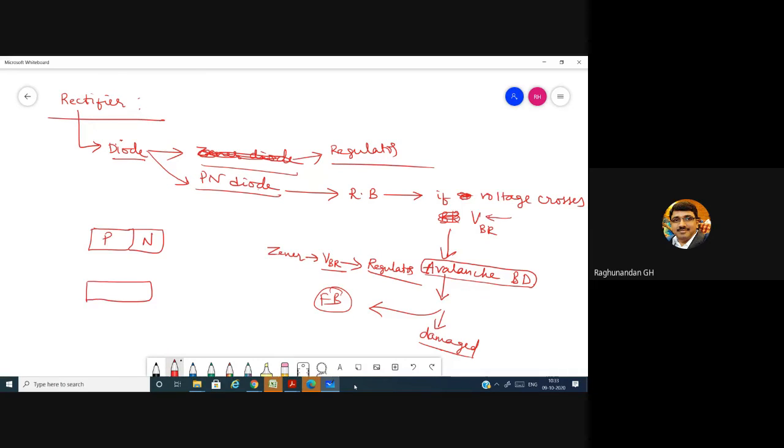Instead of making the diode PN like this, we are going to make the shape like this, the actual shape in the construction. Instead of ideally writing the block diagram like this, in construction we'll make the block like this. Why do we make this block like this? What is the reason behind this? All these things we'll study in the next class.